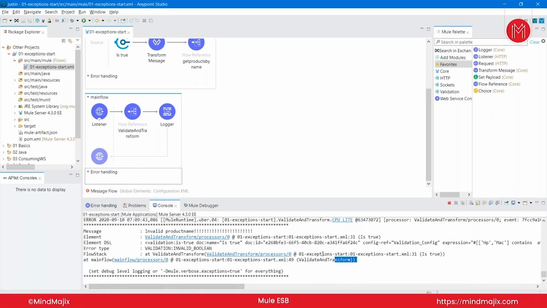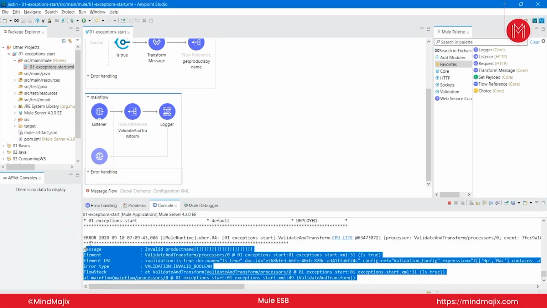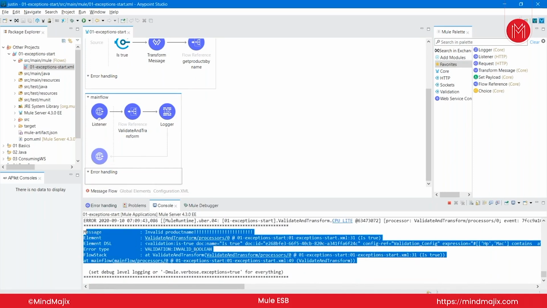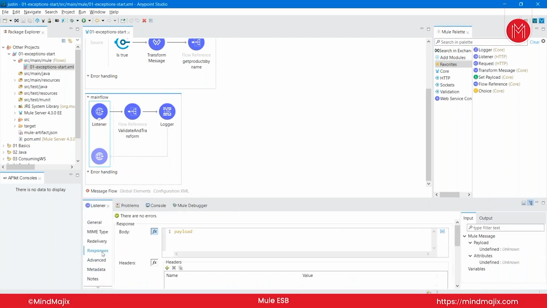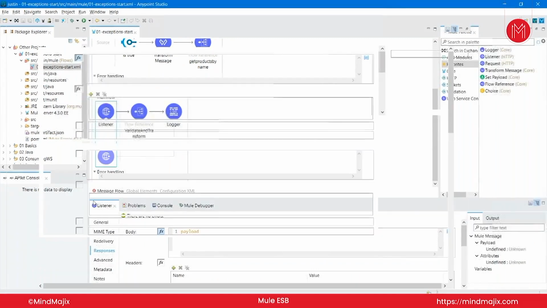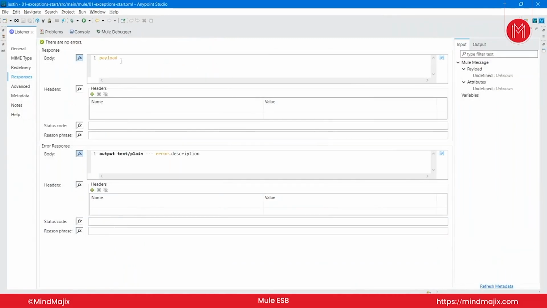It is logging the information on the console. This is the error information. And once it logs the information, the error will be rethrown to the listener. Now the error has gone to the listener. In that listener, there is a response tab. In this response tab, by default, for a success, it's the payload. For error responses,